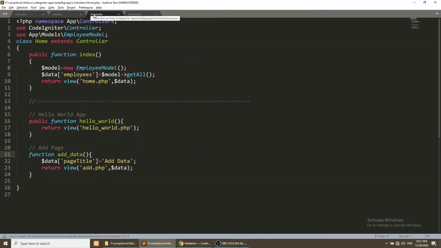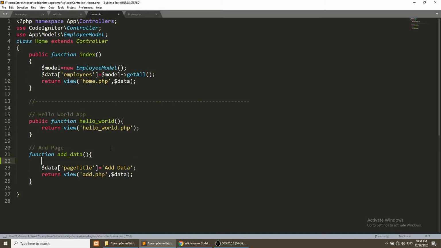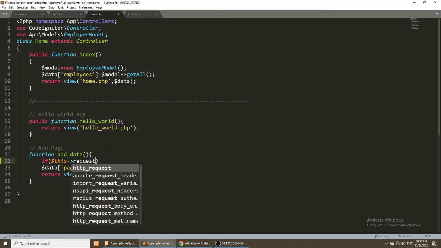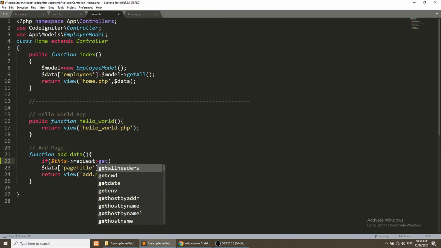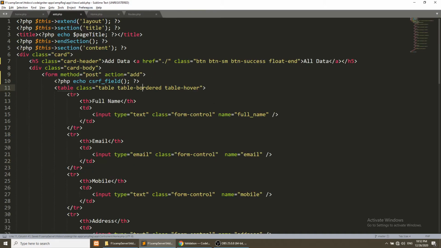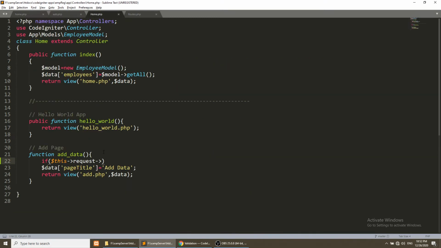Now we will go to the controller, and in the controller we will check if $this->request->getMethod is get, because our action is the same. Our action is add for both get and post, so that is why we are checking this.